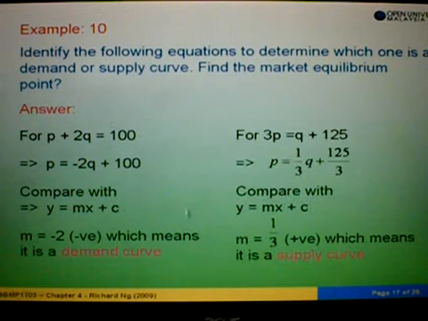Okay. For the equation 3P equals Q plus 125, alright, convert into y equals mx plus c format. So we will get P equals 1 over 3 Q plus 125 over 3. So compare with y equals mx plus c, then we can say m equals 1 over 3. And this is positive. So positive means this is a supply curve. Alright? So next, how do we find the market